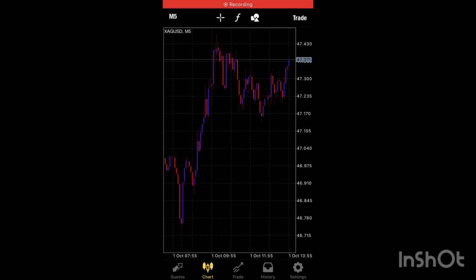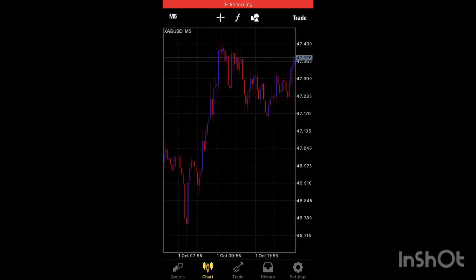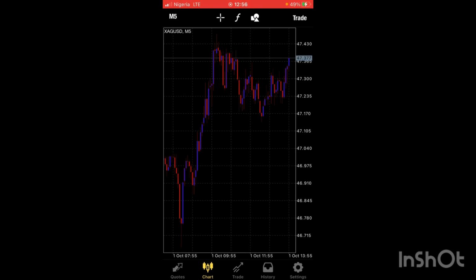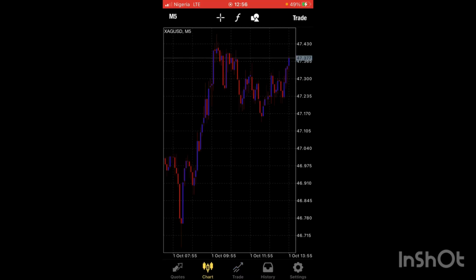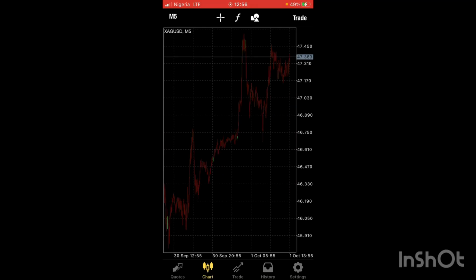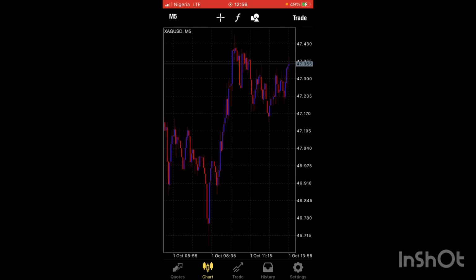All right, so this is the trade here. You can see this is our USD, that's silver. Look at what the trade is giving me right there. So I'm still waiting to see the outcome. If the market starts to retrace against me, I already have my stop loss in profit, so I'm out of the trade.